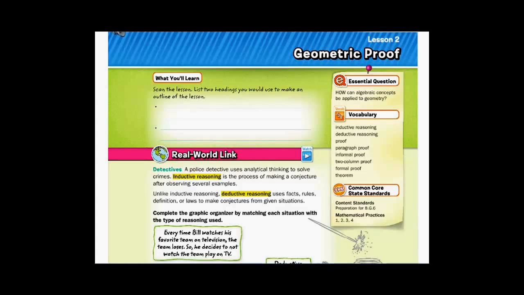Okay, lesson 2 of chapter 5 talks about geometric proofs. Now, before we start this, let me just say this. Whenever I was in school, geometric proofs were taught in high school. It was in my geometry class, which I believe I took my junior year. Now, the reason I'm taking it down memory lane here is just to say that it's something that is completely